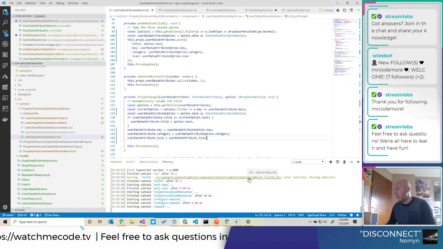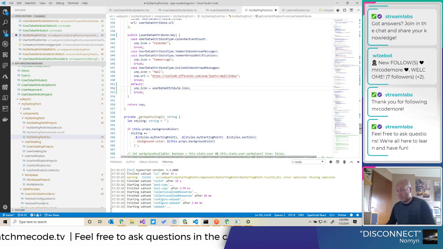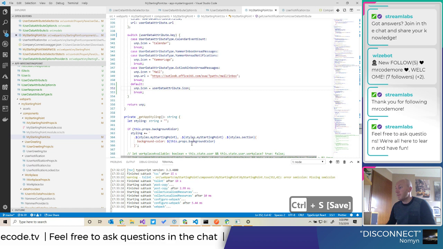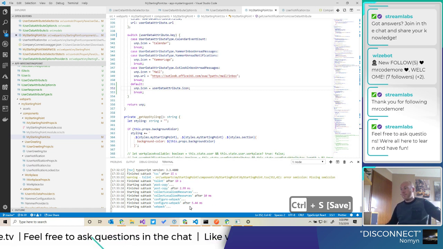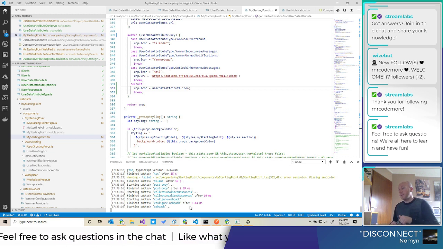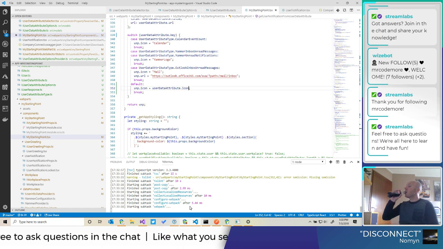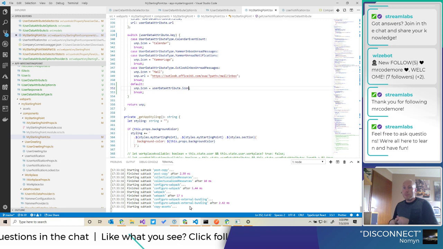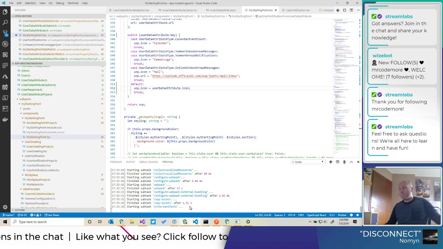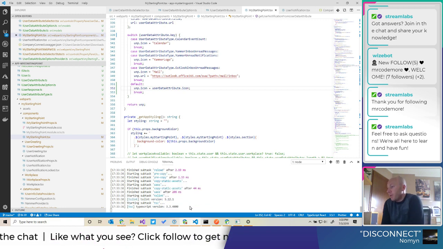And again, I did not save it. Oh, now I did. It's probably going to recompile again. I just want to see that icon work before we wrap up for today.